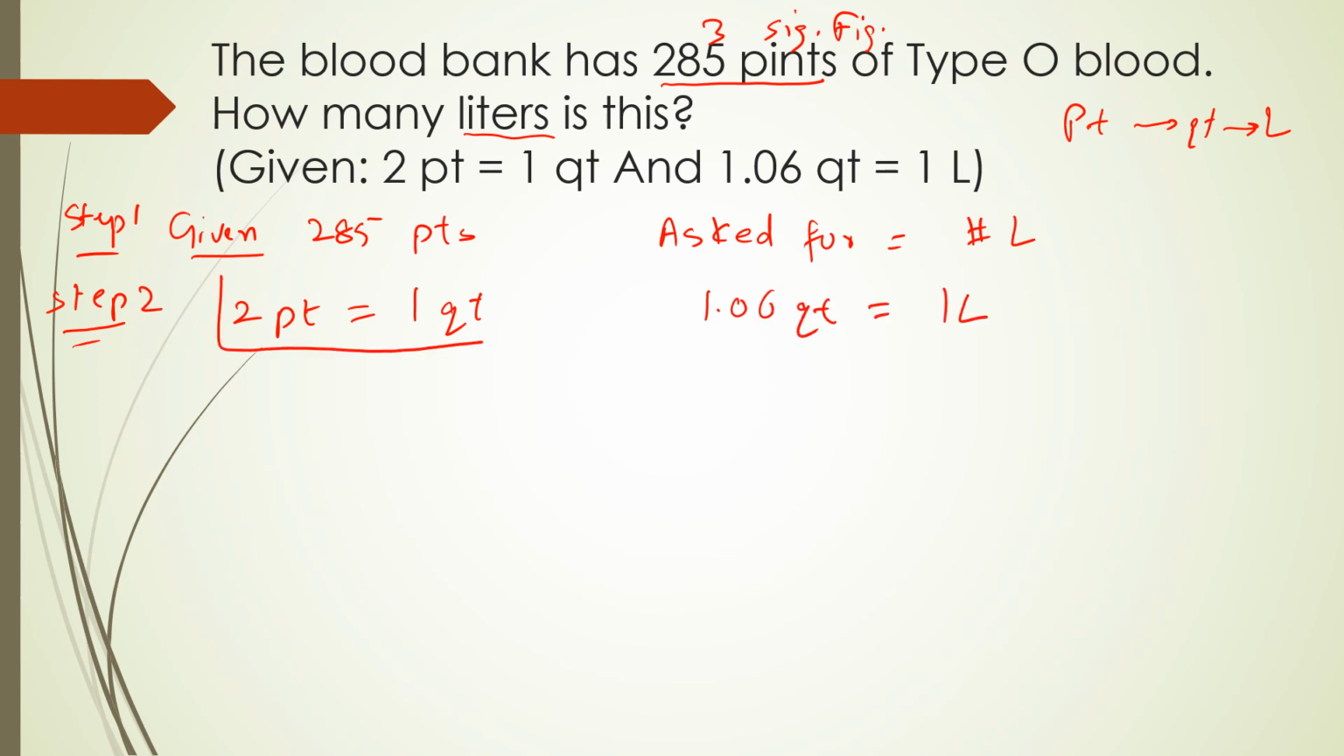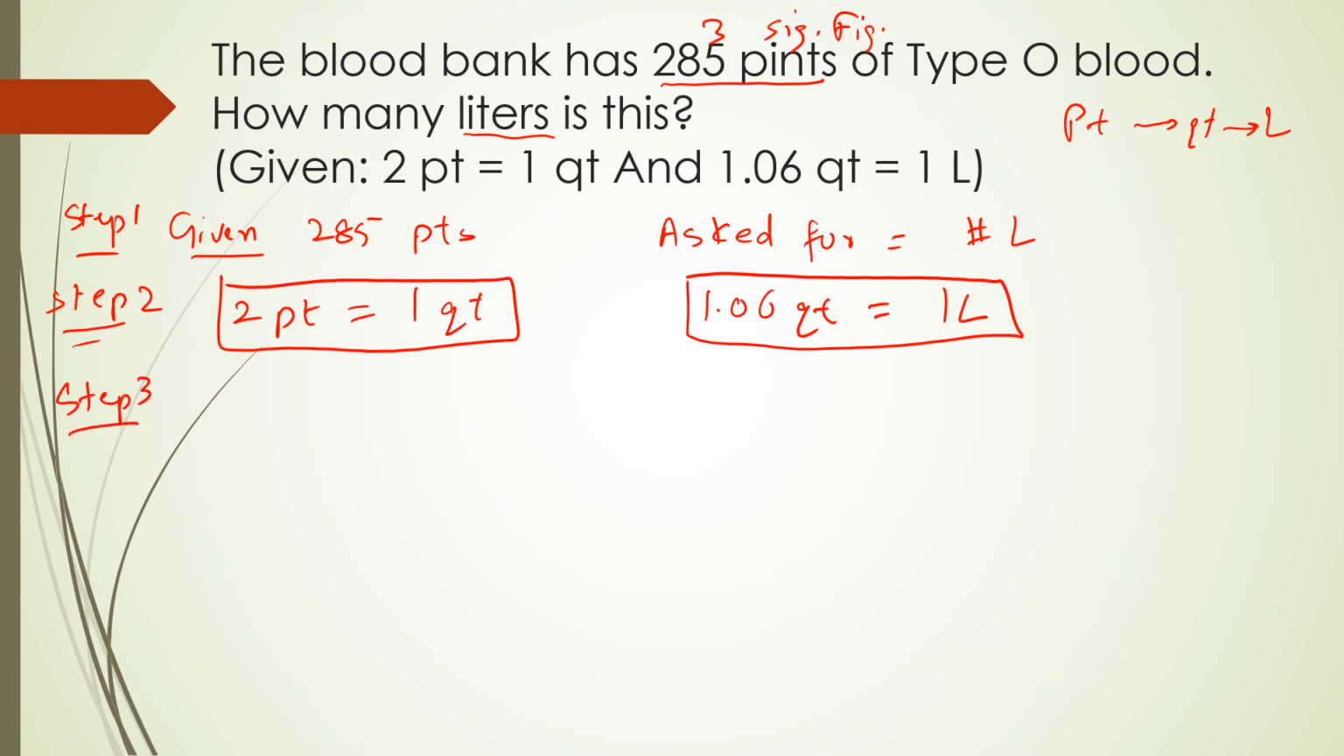So these are the two statements. Step 3 is you write conversion factor. Each equality statement will give us two conversion factors. Again, the process is same. Left side divided by right side, 2 pint on top and quart in the bottom, or 1 quart on top and pint in the bottom. So these two are the possibilities from here. This one will give us these two conversion factors, or